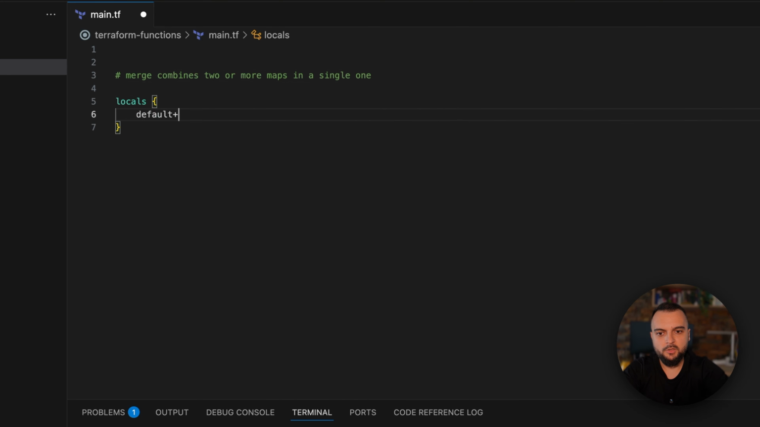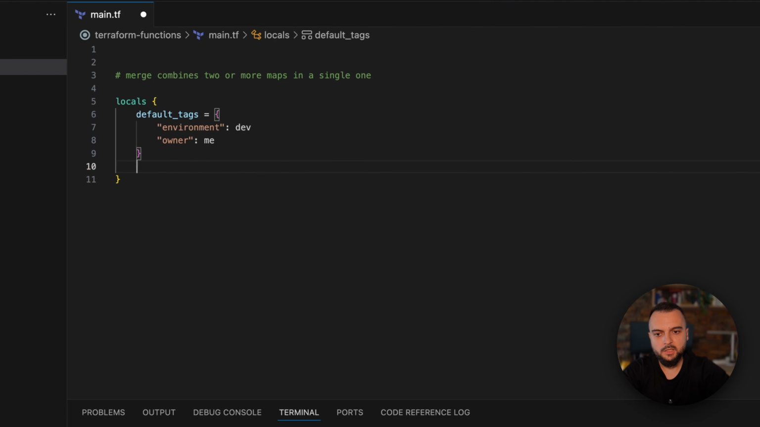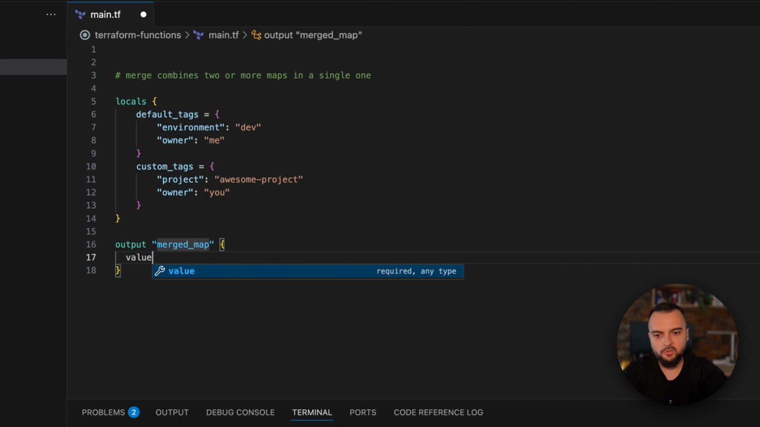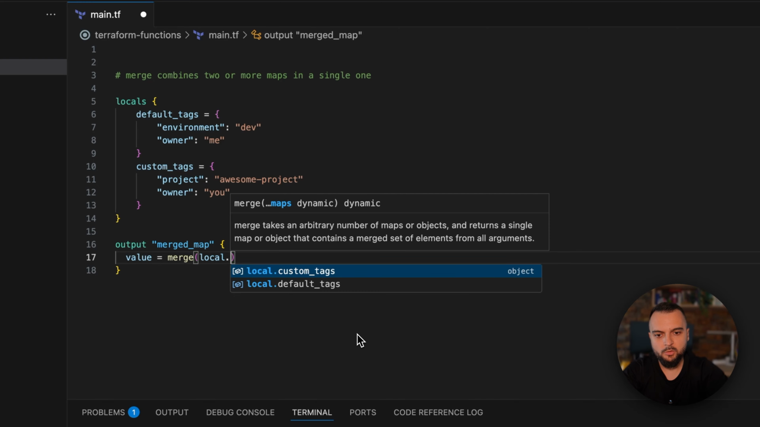We'll do a default tags, and this is environment, say dev, owner is me, and then we do a custom tags, and this would be project, awesome project, and also let's do an owner again and say you. And of course, let's make it actually work because we wanted to show us what is the output of the merge. And now we can use in an output merged map and say this is equal to merge of local.default tags